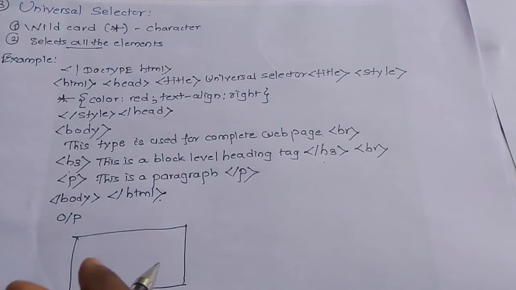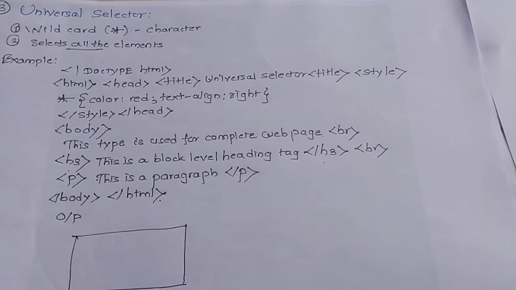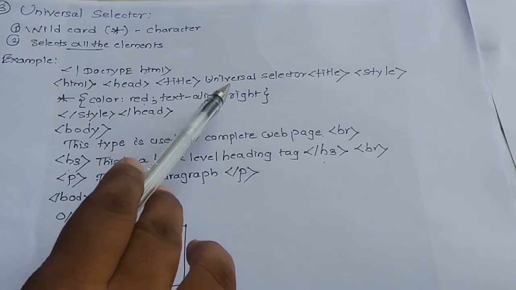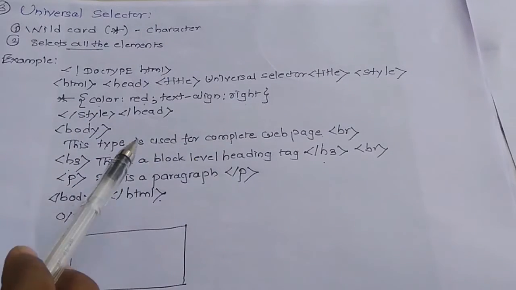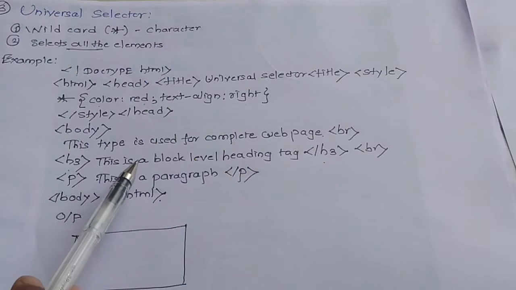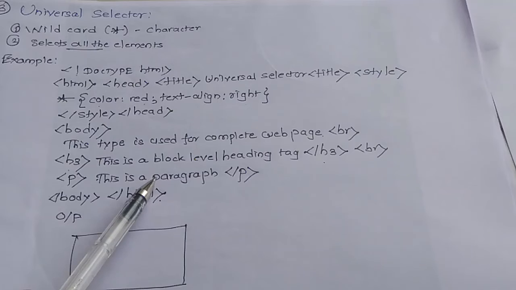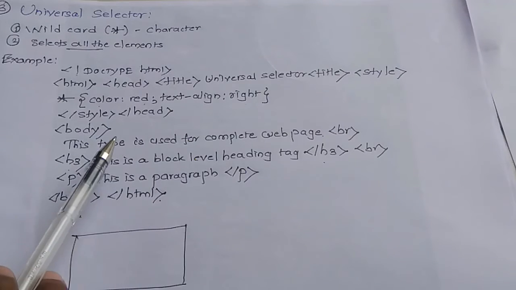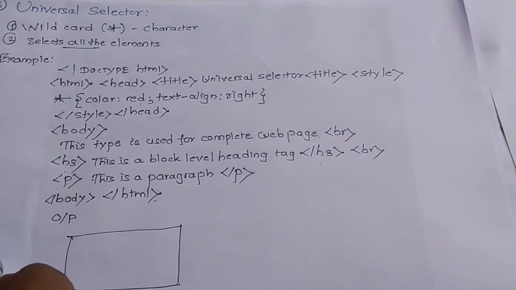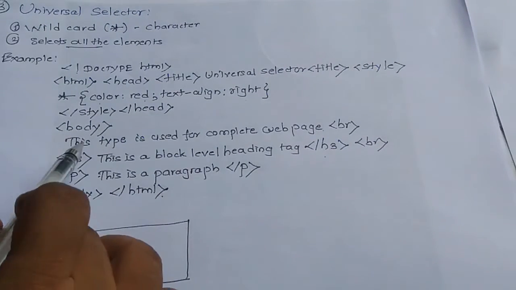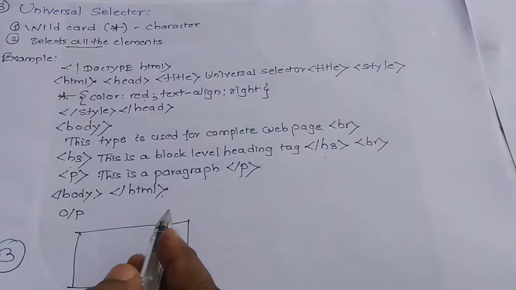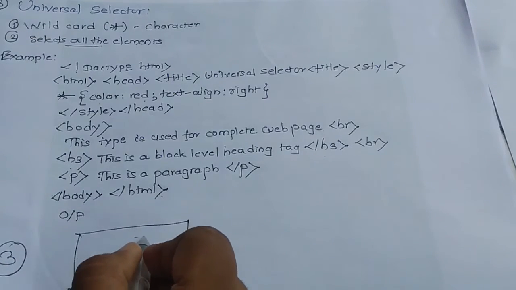Now after this, when you run the program in your Internet Explorer, suppose this is the screen of your Internet Explorer. So when you run this, then the two properties we have given, that is color is red and text-align is right. So whatever sentences I have given in this, that is the first sentence, second sentence and the third sentence, then it will come, the default font size that you know in your HTML program is 3. So when nothing is applied to this, then it will come in your normal font size and it gets aligned to the right hand side.